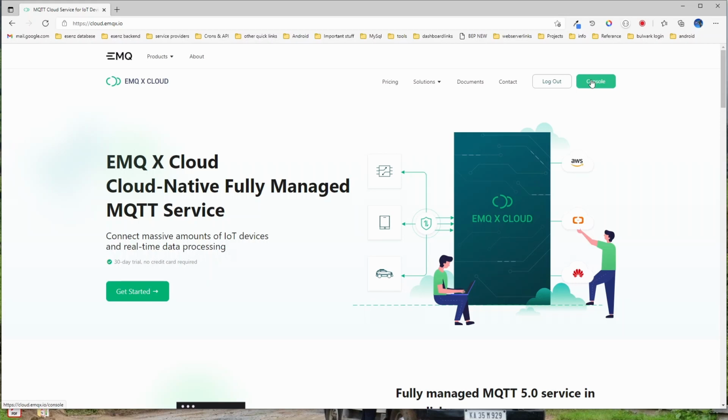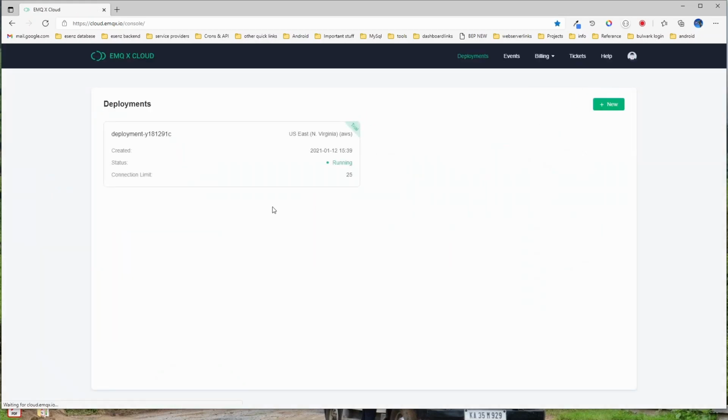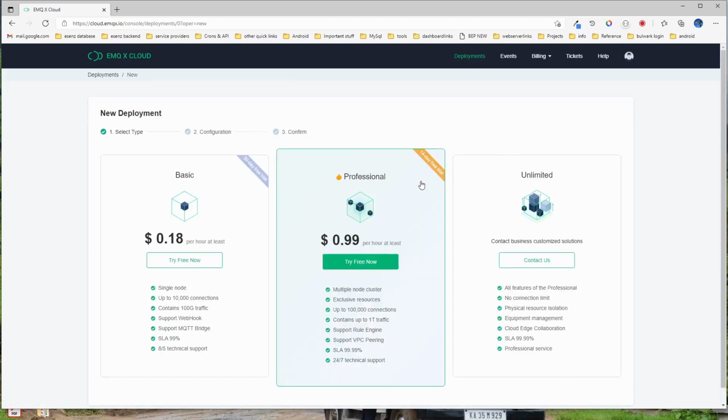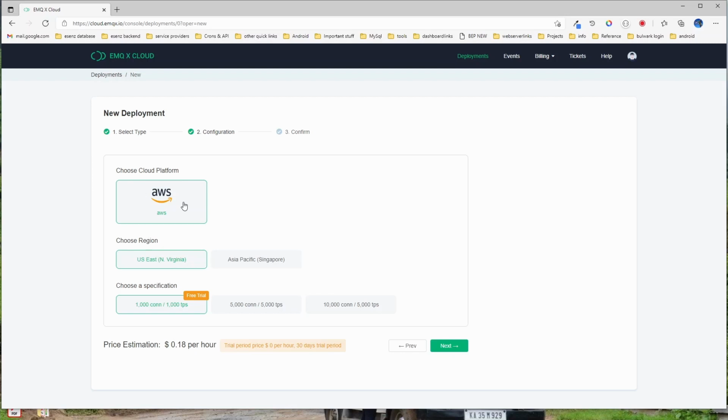Then you can go to the console. Here in the console, I already have one which is running. I'll create a new one. I'll go for the base plan. It has 30 days. After 30 days, this will get disconnected. I think their cloud is on Amazon Web Services. You can select one of these, and I'll select the free trial one.